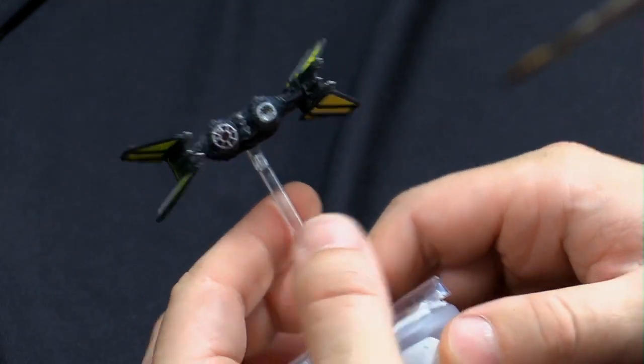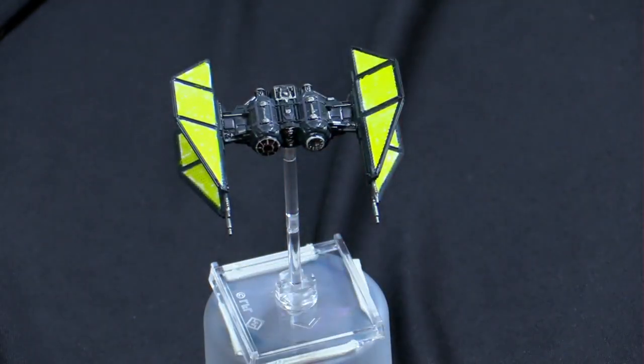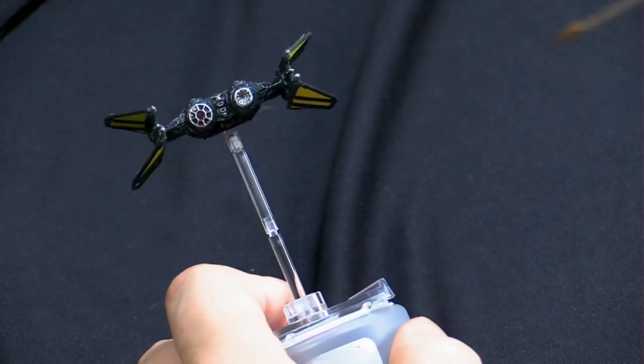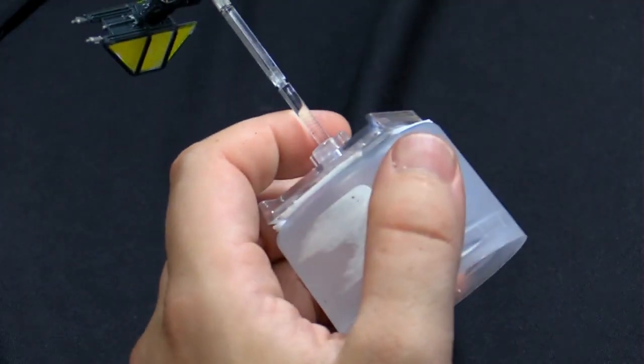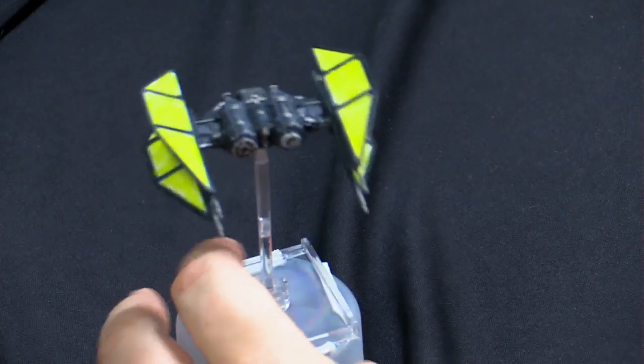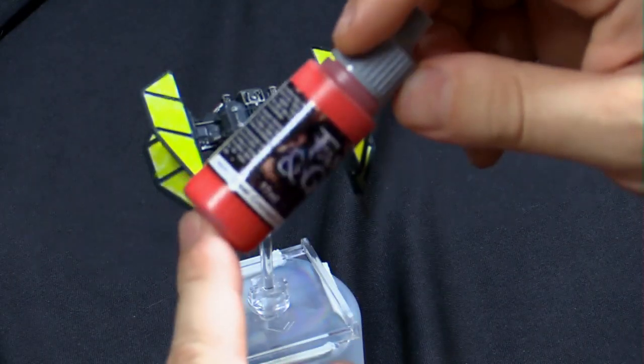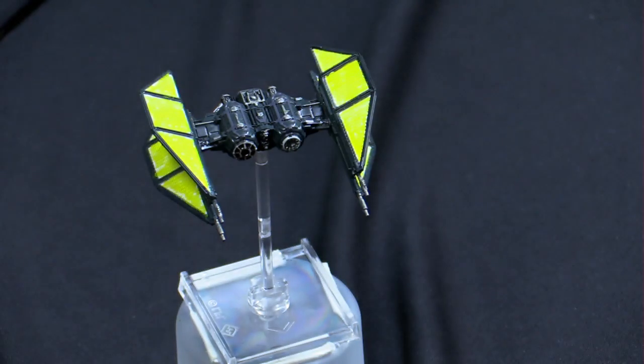All right, so I'm pretty happy with that. Let's go ahead and work on the canopy really quick. We'll just make that pop out really nice and give it that extra level. So what I'm going to do is grab some of this ball crimson,